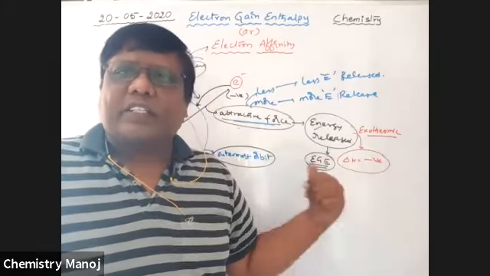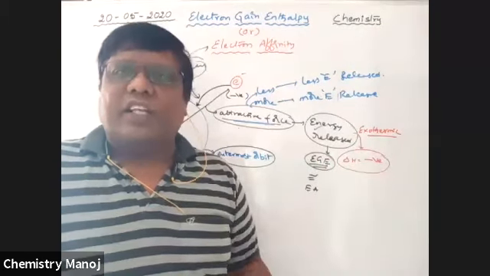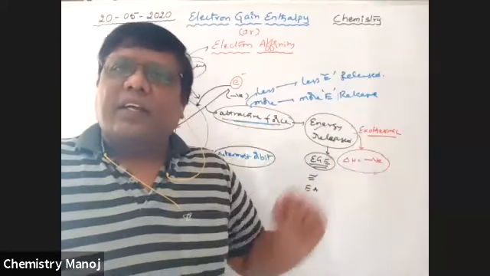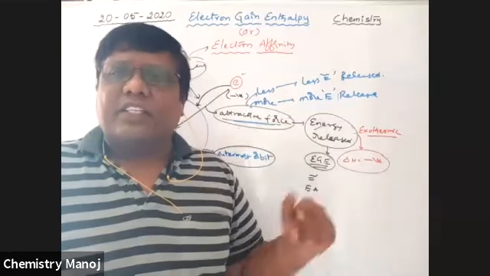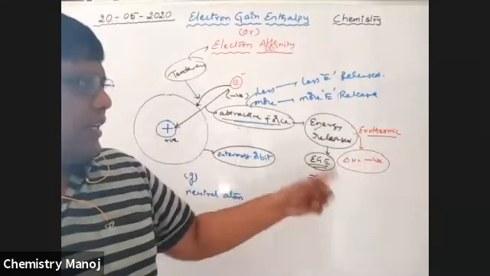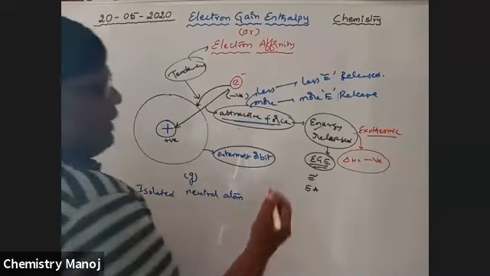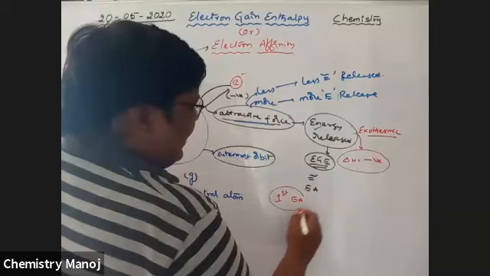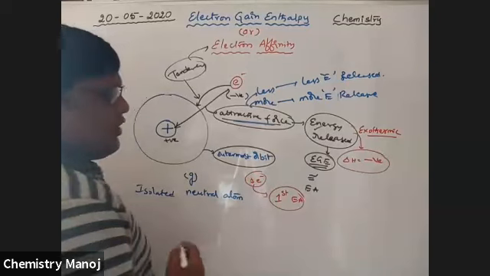So in yesterday's class, that was ionization energy. Energy is absorbed, energy is required, so that is an endothermic process. There, delta H values are positive. Here it is negative, so this is the reverse of ionization energy. This is electron affinity. Here delta H values are negative. It is an exothermic process. So when one electron is added, that is called first electron affinity.